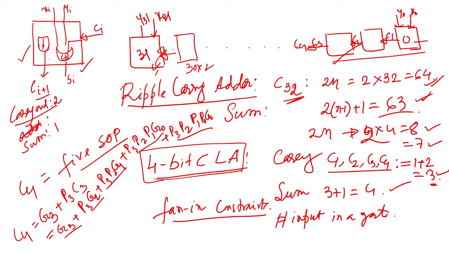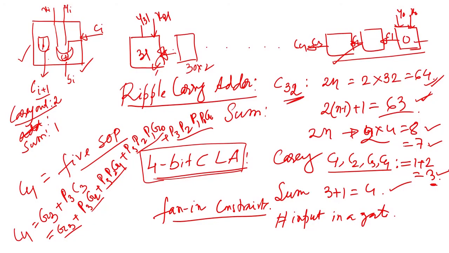But you have to remember that for each CLA the carry out will be 3 gate delays and the sum will be 4 gate delays. We have seen it for 4 bit, where we have 8 and 7, and now we are using a 32 bit adder. So what will be the corresponding gate delay?